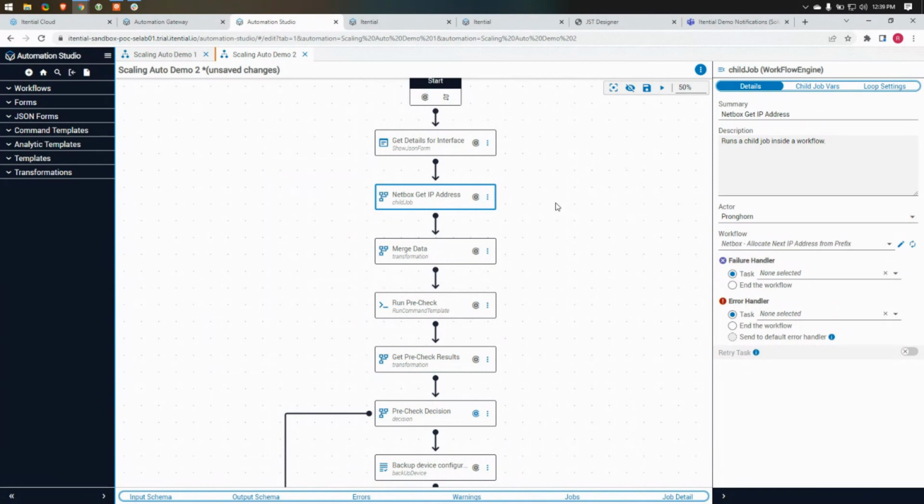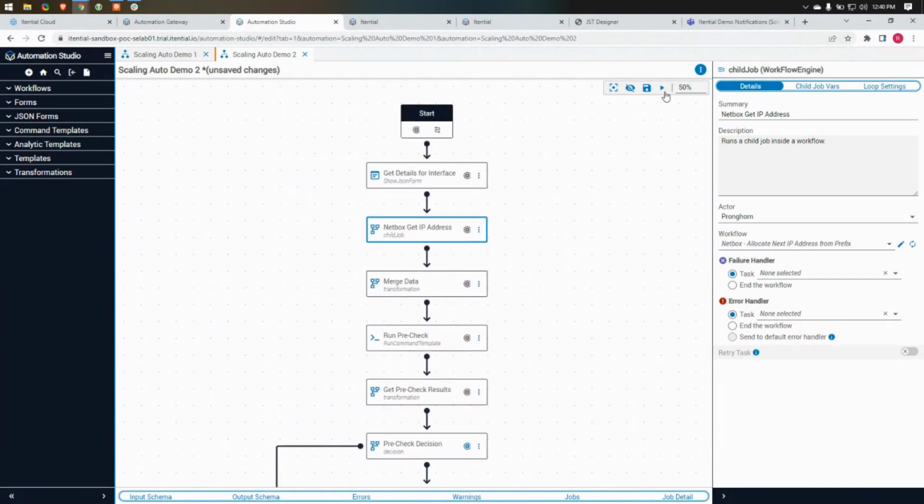We're talking about reducing errors. Just like in our form, I could get the input from an IP address, but the form doesn't know that the IP address is right or wrong. Who does? Who's the source of truth for that? Well, in this case, it's NetBox. NetBox is going to allocate the next IP address that can be used for this condition, and we can integrate that into this very straightforward workflow. That not only ensures that we have the right IP address, but also saves a tremendous amount of time, so that Peter doesn't have to build his 360-degree desk with all his monitors and then figure out how to get in the middle of it. Indeed. So I'm going to run this as is,